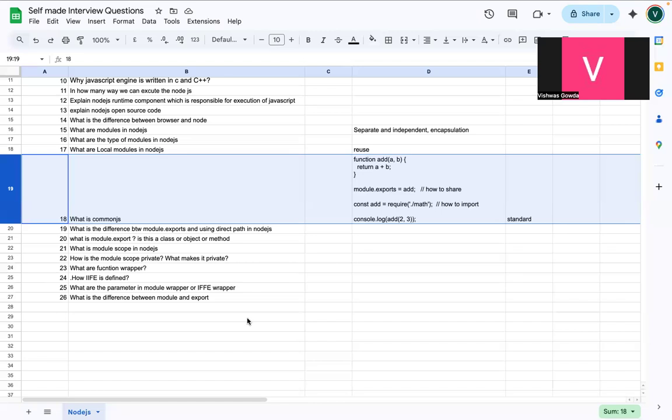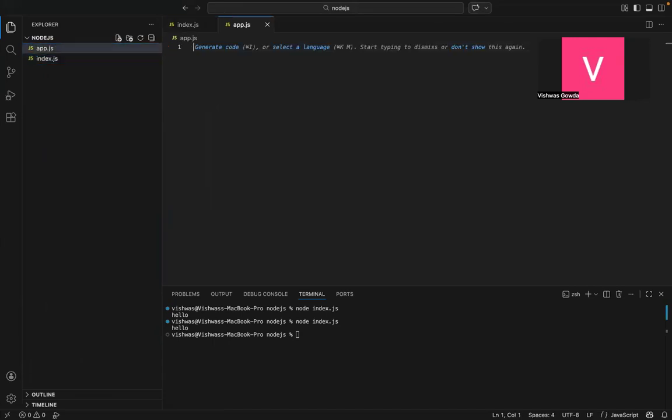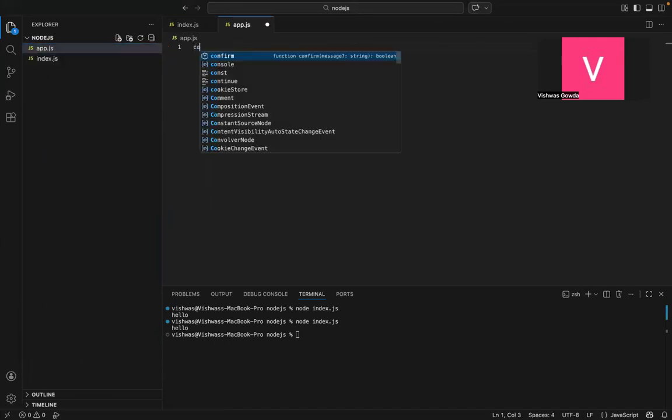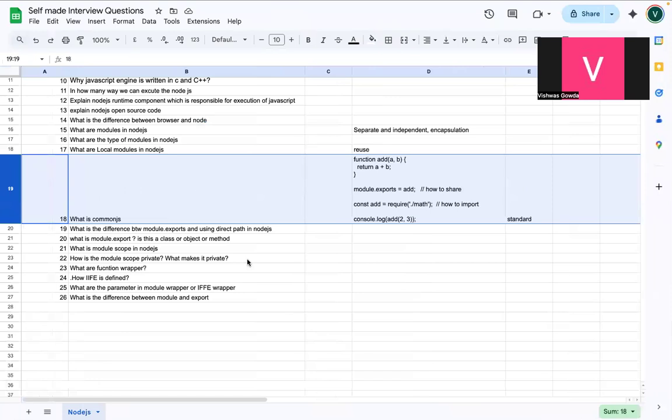So I will explain it in the code base. This is the modules. We can say this console.log. If I execute this code, it will print that this is separate and individual. If I want to execute another app.js, so if I do console log this app.js, and execute in app.js, it says app.js, because both files are independent and separate. That's what I explained in